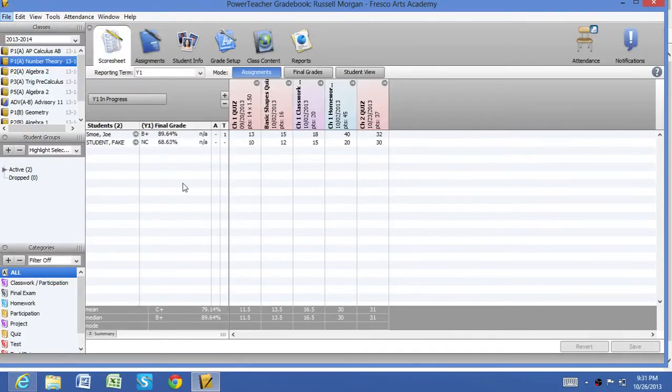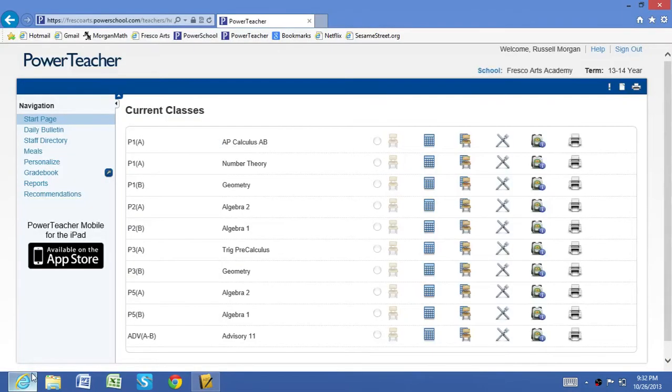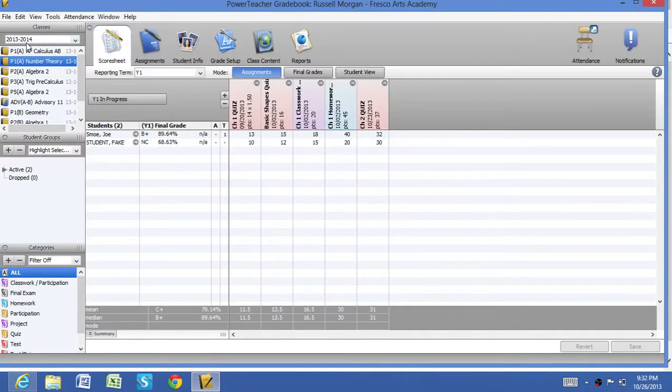This video is going to show you how to post quarter one grades in PowerTeacher Gradebook. First, you have to log into PowerTeacher and launch the gradebook. I use the quick launch. Once you're in, make sure you choose the correct year and then select the class that you're going to post grades for. Of course, you'll need to post grades for all of them eventually, but let's just do period 1A,